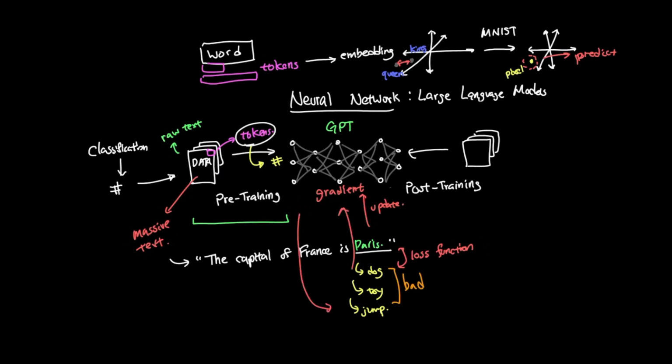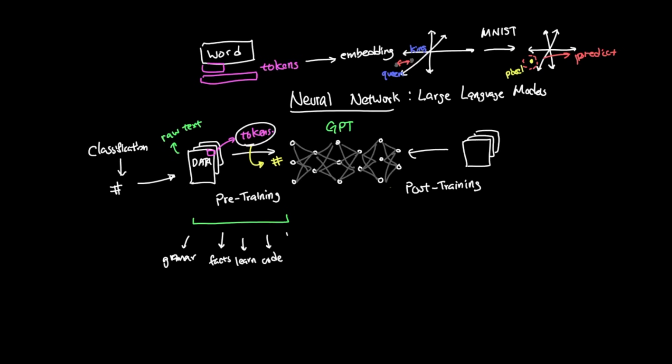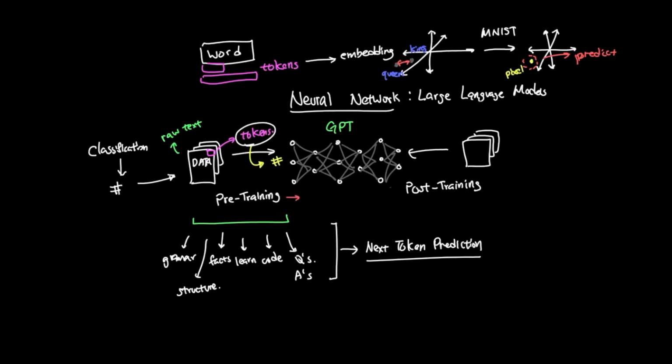After doing this over and over across a huge amount of text, the model starts to learn patterns. It learns grammar, it learns facts, it learns what an explanation usually looks like. It learns how code is written. It learns the structure of language by trying to predict the next piece of text. This is why next token prediction is more powerful than it sounds. The model is not manually programmed with every grammatical rule or every fact. It is learning patterns from examples.